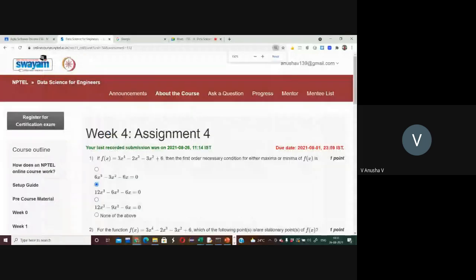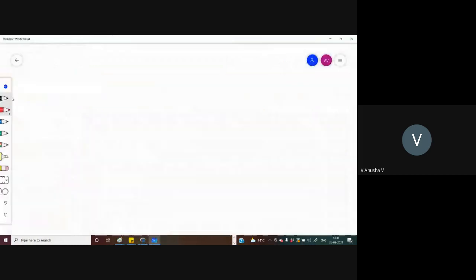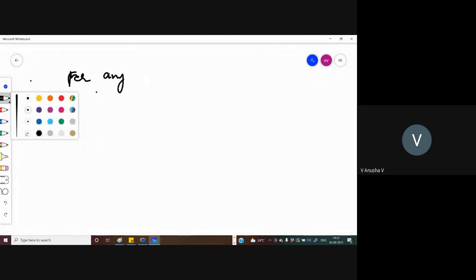So here they're saying that f of x equals to this one. So first of all, before going to this, we'll learn some things. For any unconstrained optimization,